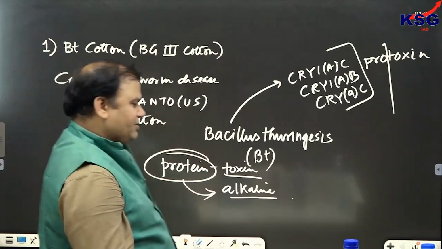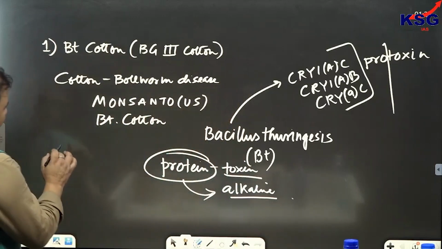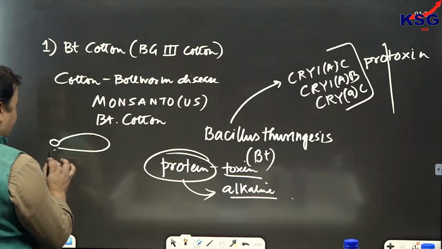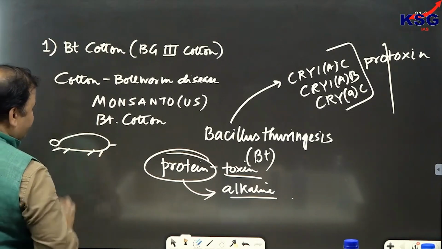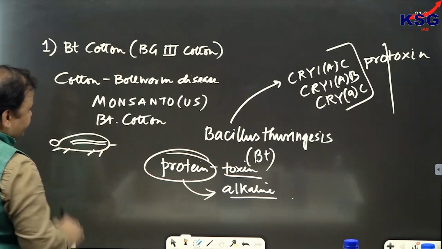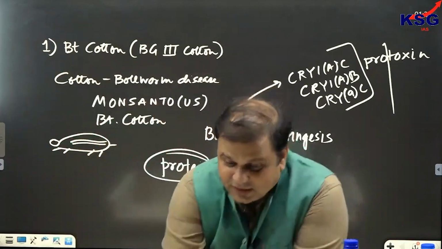Alkaline environment into toxins. So suppose the bollworm disease is caused by an insect. Let's say this is the insect which is responsible for causing bollworm disease. Clear? Now the gut of the insect is alkaline in nature, so as soon as it enters its gut,